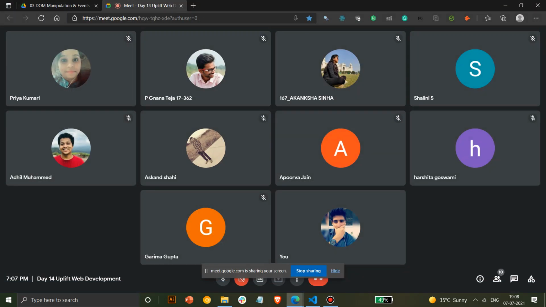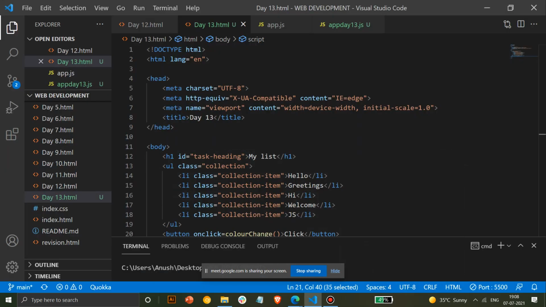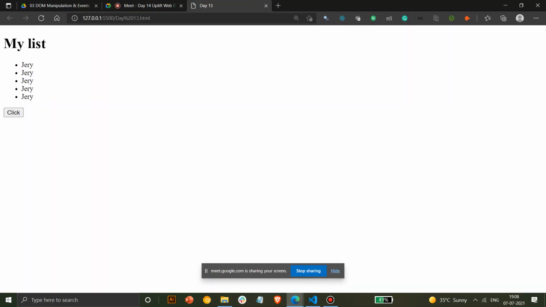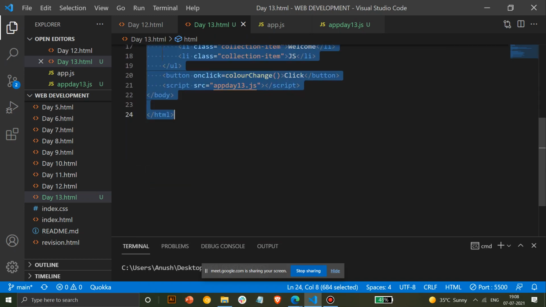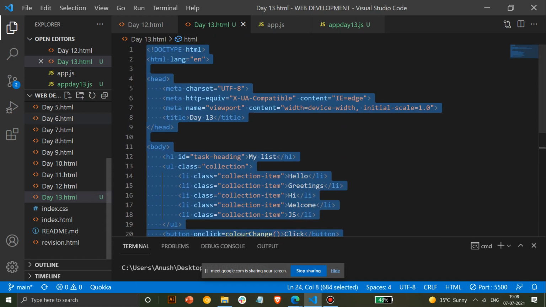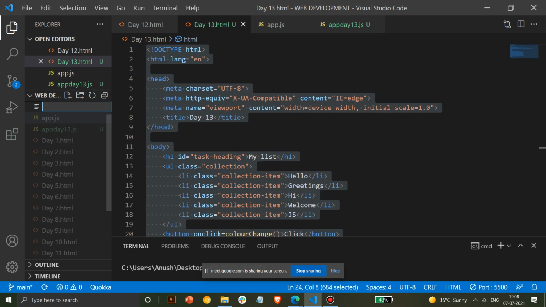So last time we created a basic list application. It's not a complex UI, so you can see it's just a list, and where we modified the parameters we had a different output. Okay, so we'll use the same code so that you guys have better clarity, rather than the list which we studied in the first lecture.